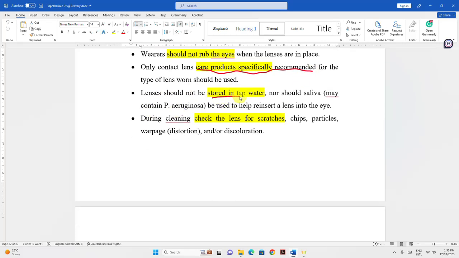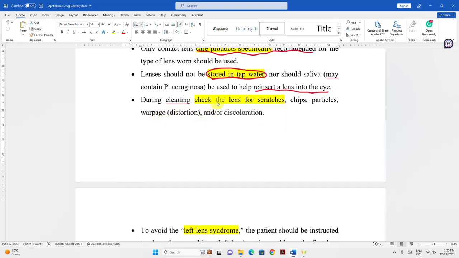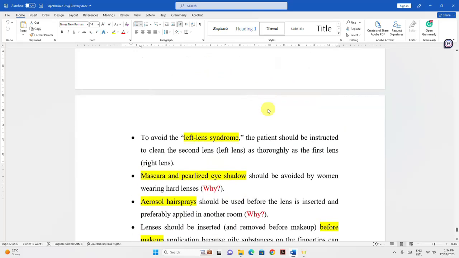Some customers don't want to spend money, so they say, well, we'll use tap water. The customer should not store the lenses in tap water, or use saliva when they want to insert the lens into their eye. And saliva can contain Pseudomonas aeruginosa, which is very dangerous. During cleaning, check if the lens has any scratch, any chips, any discoloration,